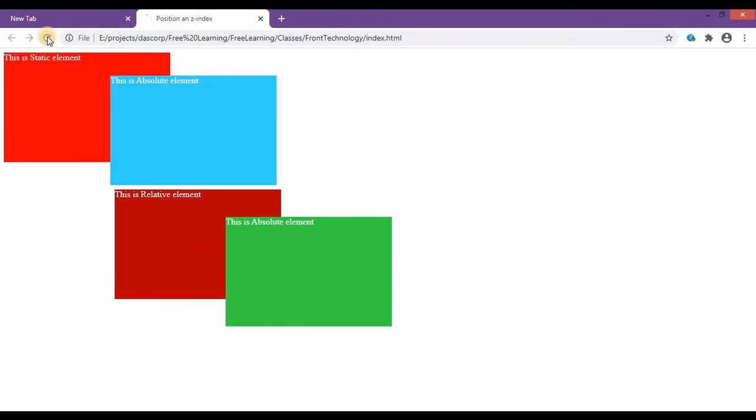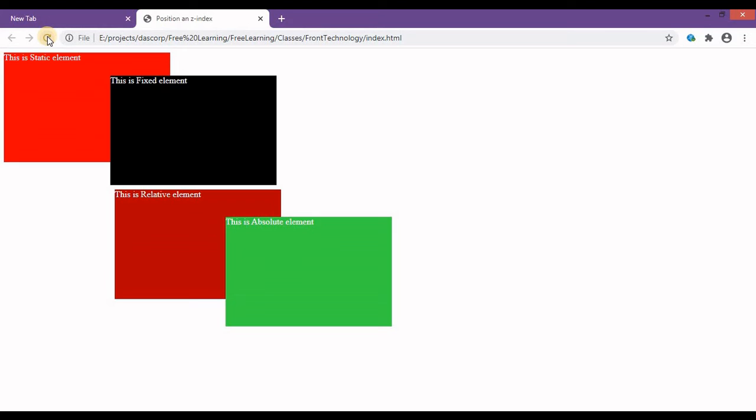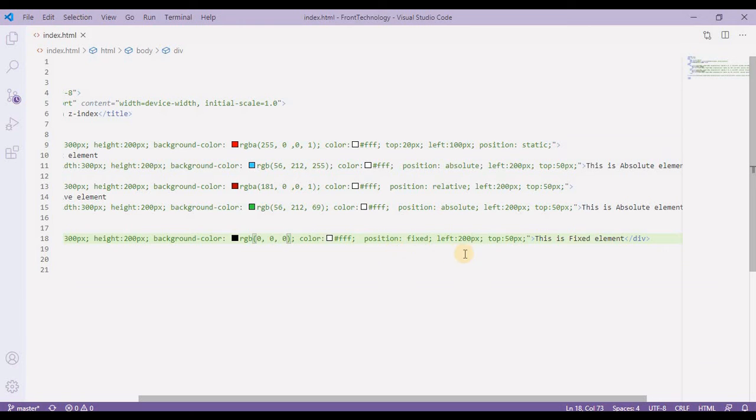And let's refresh it. Okay, so it is behaving from the viewport. Now let me change this top value to something else so that we can differentiate. 20 and left is like 100.